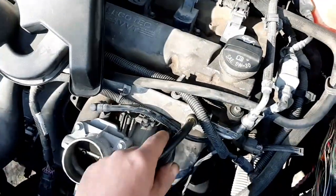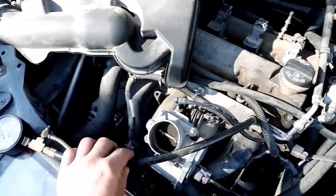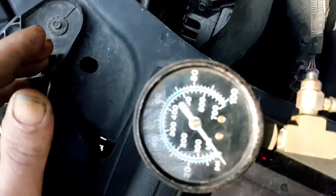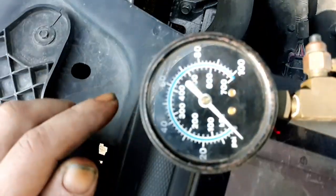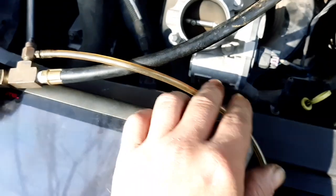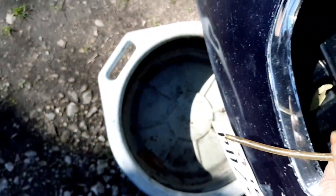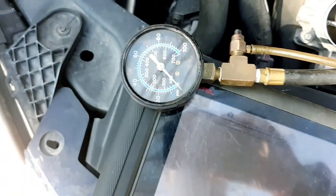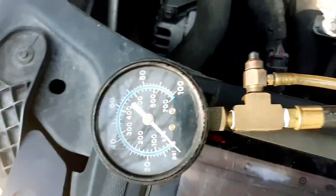You can see right here, I've got my fuel pressure gauge hooked up to the fuel rail, and there's no pressure on the gauge right now because I drained all the fuel out. There's a relief valve right here where you can drain all the fuel out of the gauge, and I've got it running down into a drain pan down there. So I let all the fuel out just to show you what this thing will do. And I've got my scan tool out here,